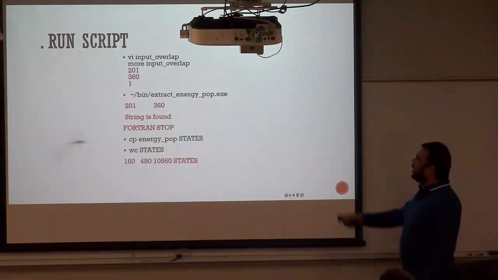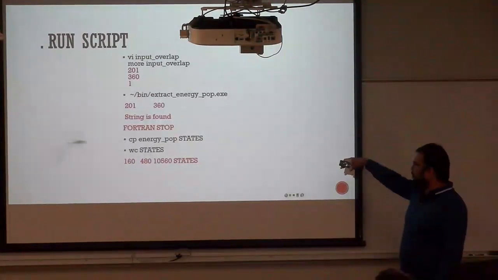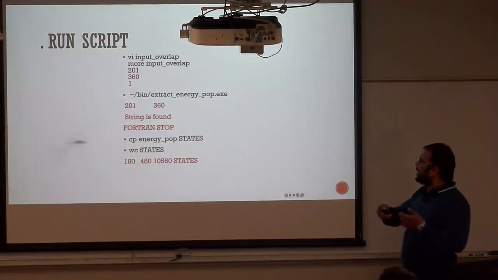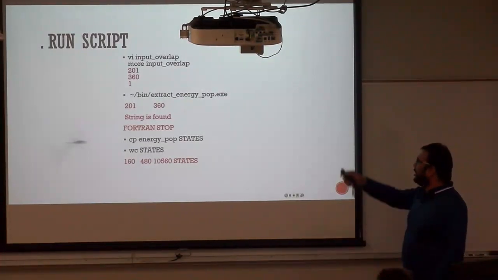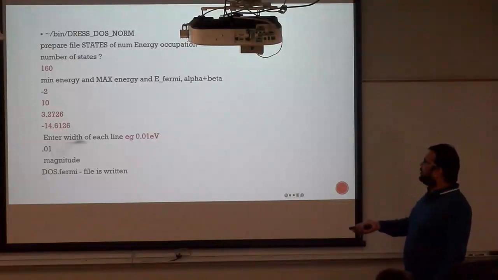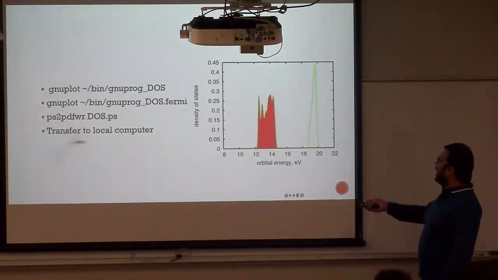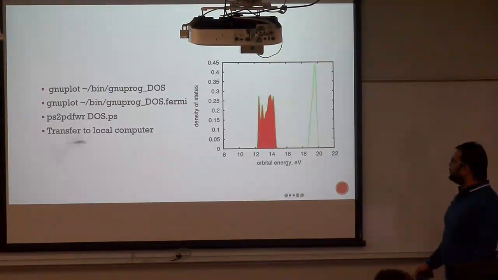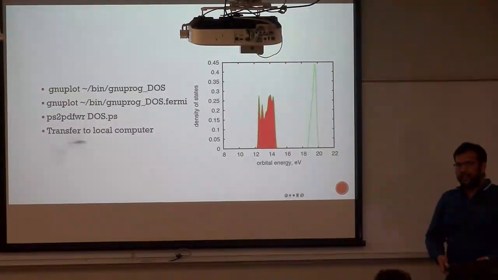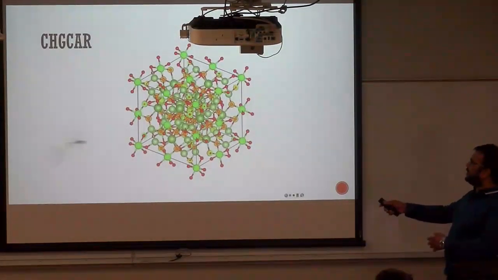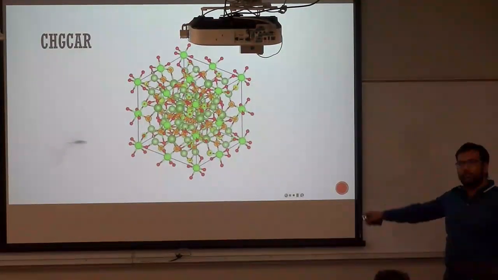After that, run the script. I have written the script so that you can copy it from the presentation, and use the information that you have extracted earlier with the commands. You use that information here. The information has been marked in red. After using these commands, I calculated the density of state using gnuplot software. And then the CHGCAR file has been used with VESTA for visualization, and this is the output of the CHGCAR visualization.